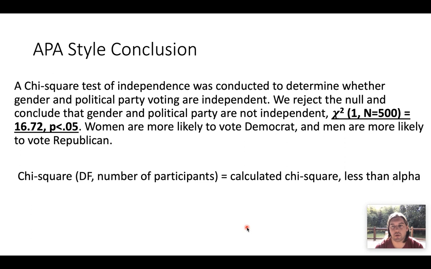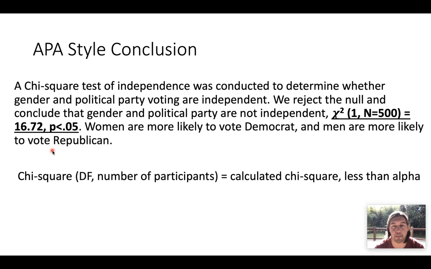Chi-square, paren, degrees of freedom, which was 1, comma, n equals number of participants, 500, equals our calculated chi-square, which was 16.72, and we were significant. We are statistically significant. Something is happening, right? Something is going on. Gender is impacting voting. So what that told us is that the probability of this result was less than alpha, was less than 5%. So we are convinced because we have observed an unlikely phenomena in the direction of the alternative